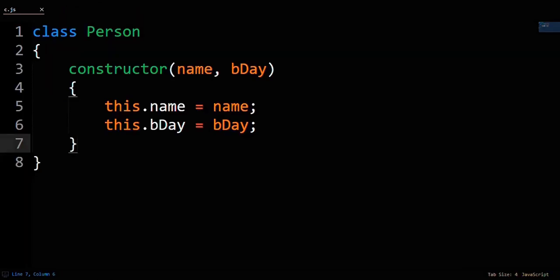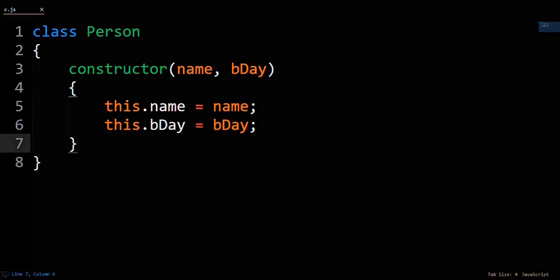Getters and setters have two different flavors in JavaScript, the kind that existed before private attributes were a thing, and the kind that were introduced after private attributes. Pre-private attributes, getters and setters could only be defined for attributes that weren't already defined in your constructor. Here we have a person class with a constructor that takes in a name and a birthday. Commonly though, if you're storing user information like this, you'd want to know their age. You could use a getter for that.